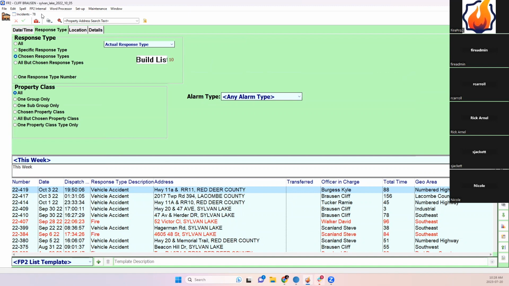I may not want to repeat this process in the future every single time that I run a report. So that's where the function that we call the saved search option comes in. Everybody has